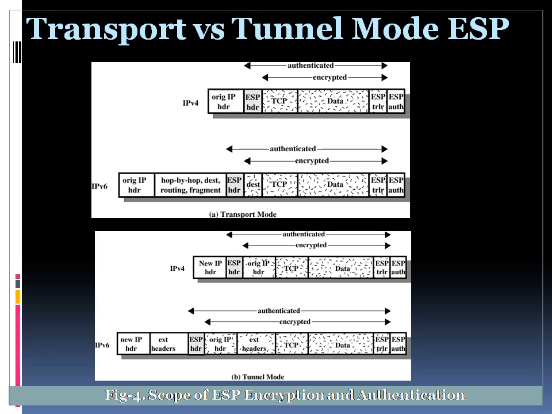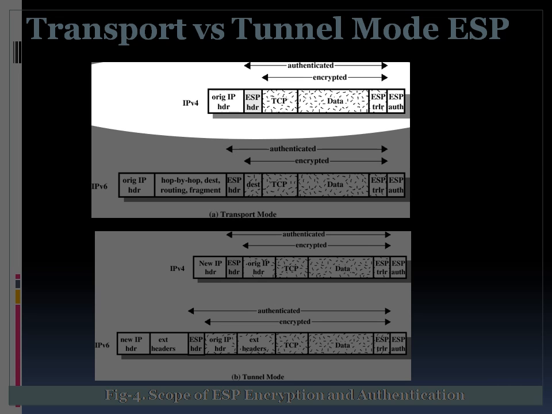Here, let us understand the difference between transport and tunnel mode in more detail. Now the transport mode ESP is used to encrypt and optionally authenticate the data carried by IP, that is a TCP segment, as shown in figure 4b. For this mode using IPv4, the ESP header is inserted into the IP packet immediately before the transport layer header such as TCP, UDP or ICMP, and an ESP trailer like padding, pad length and next header fields is placed after the IP packet, as you can see here.